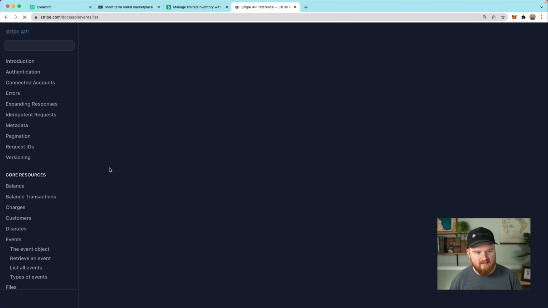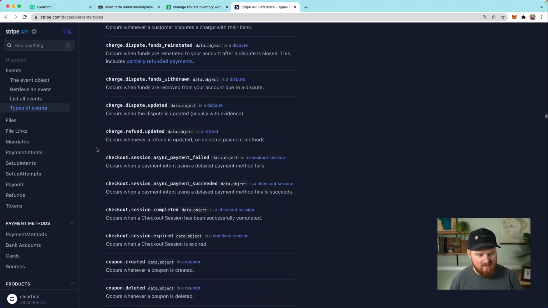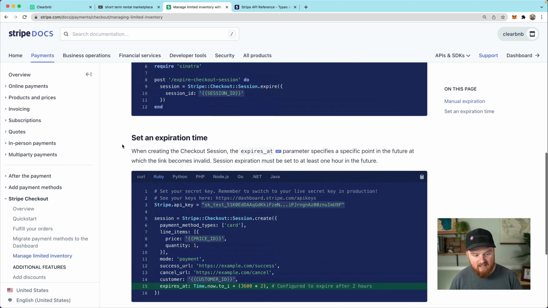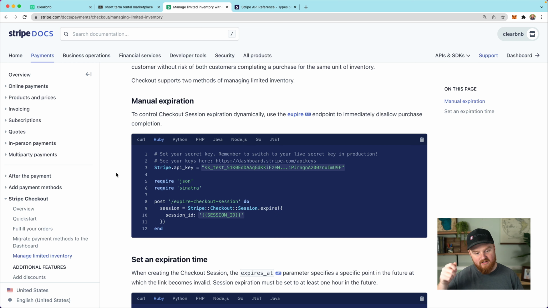So we can take a look at the list of webhook event types here. And inside of checkout session, there's this one, checkout.session.expired. That will fire when a checkout session expires, whether it's naturally because we're hitting the expiration time, or because we've explicitly expired the session. So we can either manually say, hey, this session that this person was going through,